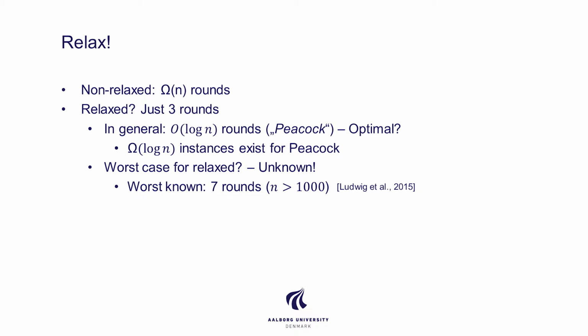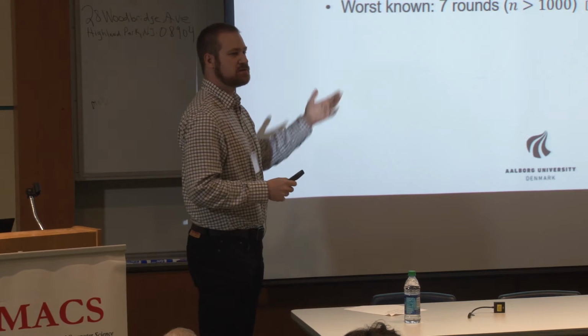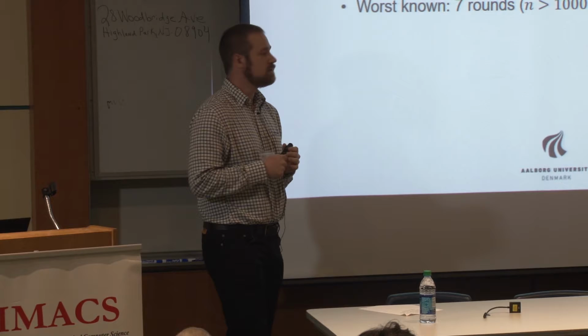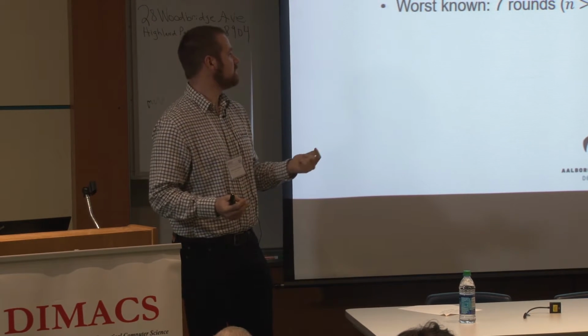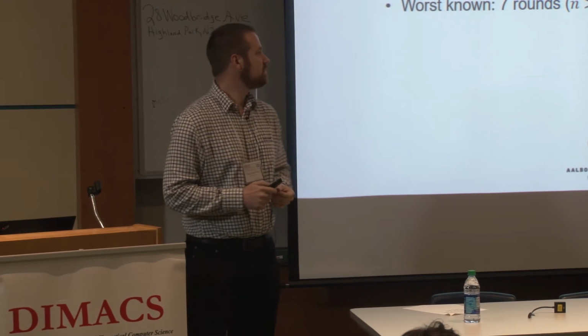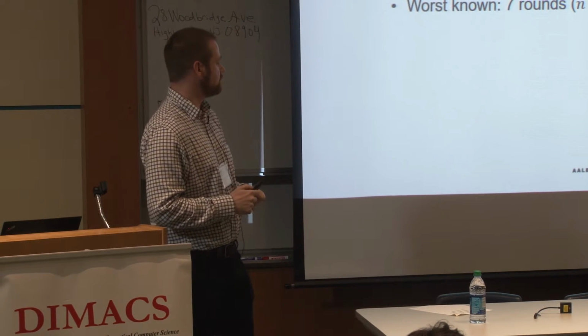And in fact, you can write an integer program that tries to find the optimal solutions to any instances, and the worst instance that's right now known with over 1,000 nodes just needs 7 updates. So it seems that at least in practice you can be done very fast, even though the lower bound for this algorithm is log n.